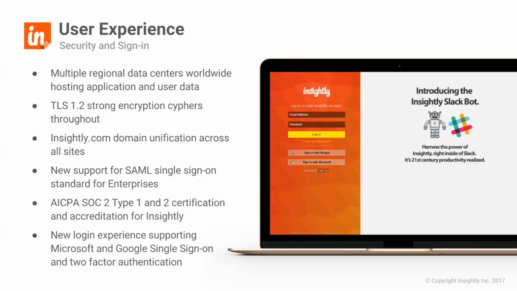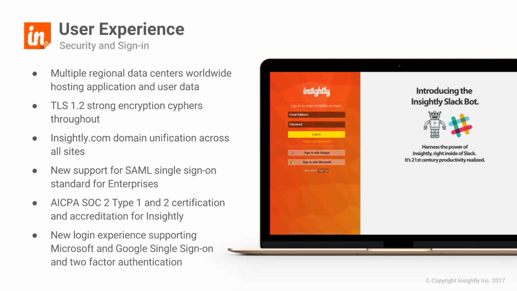We've also added support for security assertion markup language, or SAML, single sign-on standard, that's used by a lot of very large enterprises. And we support a lot of the main vendors that have SAML integrations, including Okta, OneLogin, Ping Identity, Auth0, and Microsoft Azure Active Directory. And we're very proud to also announce that we've achieved AICPA SOC 2 compliance, Type 1 and Type 2, which is an audited certification and accreditation for managing customer data across the 5 trust principles of security, availability, processing integrity,